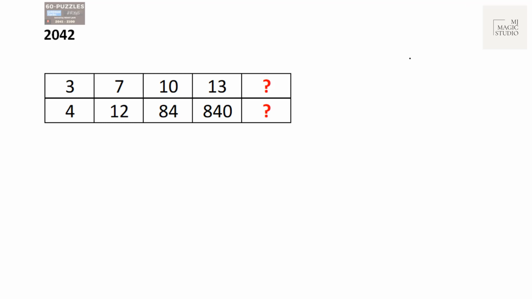Okay, so you must have paused it and tried it. So let's see what we can have. 3, 7, 10, 13. This is 3, 3. And 12. Okay, if I fix this up, 7 plus 3, 10 plus 3, 13 plus 3. We can have 16 here.